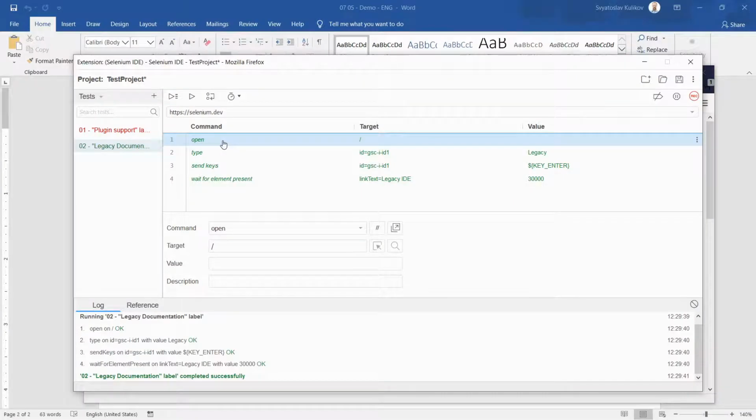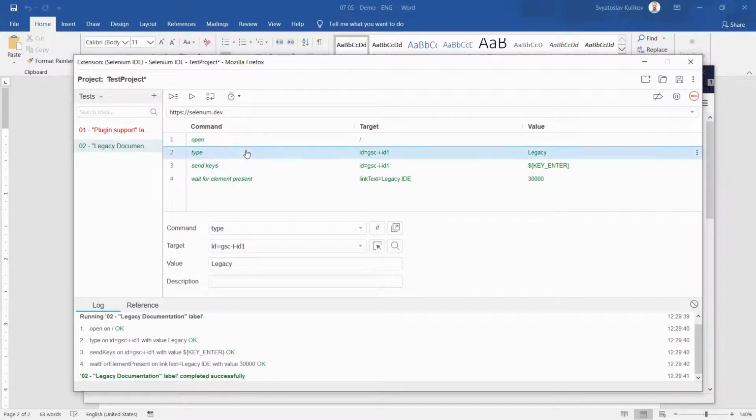And here is our next test case. Once again, we are opening that URL. So you may already understand that the first command, or one of the first commands, is always open. We have to open some page in order to perform some actions within the page. So we are opening the selenium.dev main page. We are typing the legacy string into the field with such ID.